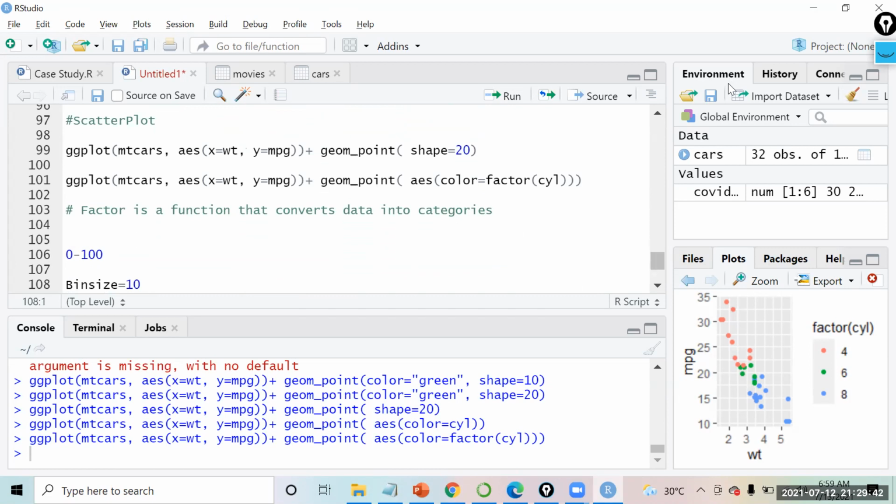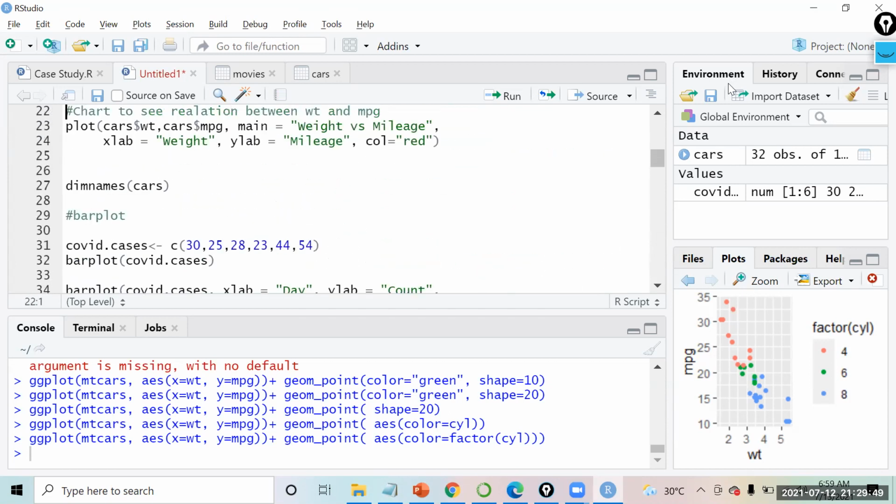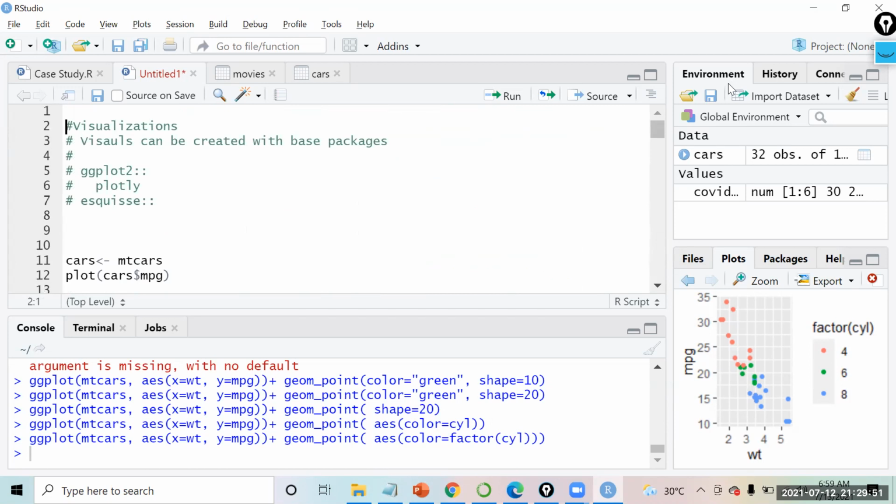So we have just seen very few charts only. We have seen the plot, the bar plot, and the histogram. Tomorrow we will see the box plots. We will create some density charts. We will try to explore the bar charts, bar plot, stacked bar chart, the dodge bar charts, everything using the ggplot package. So any questions before we end the class?